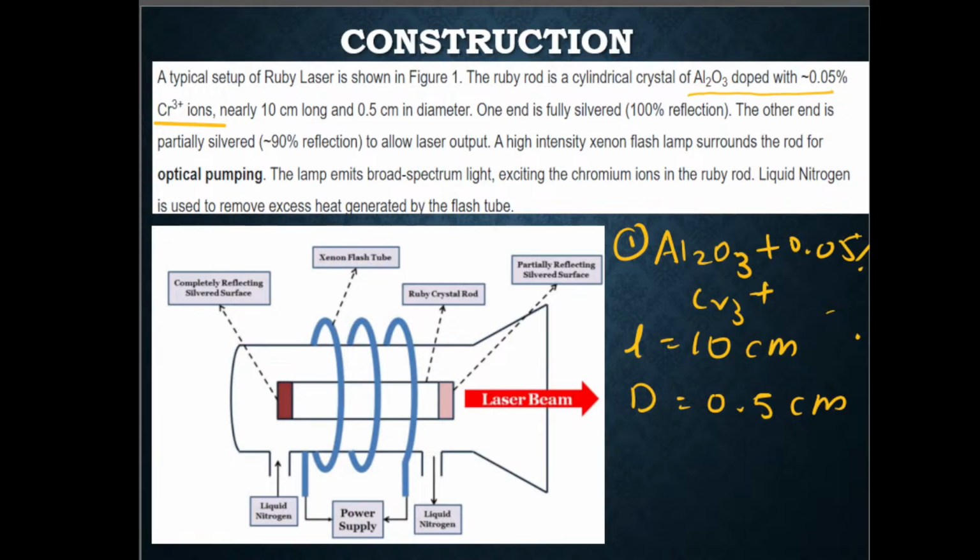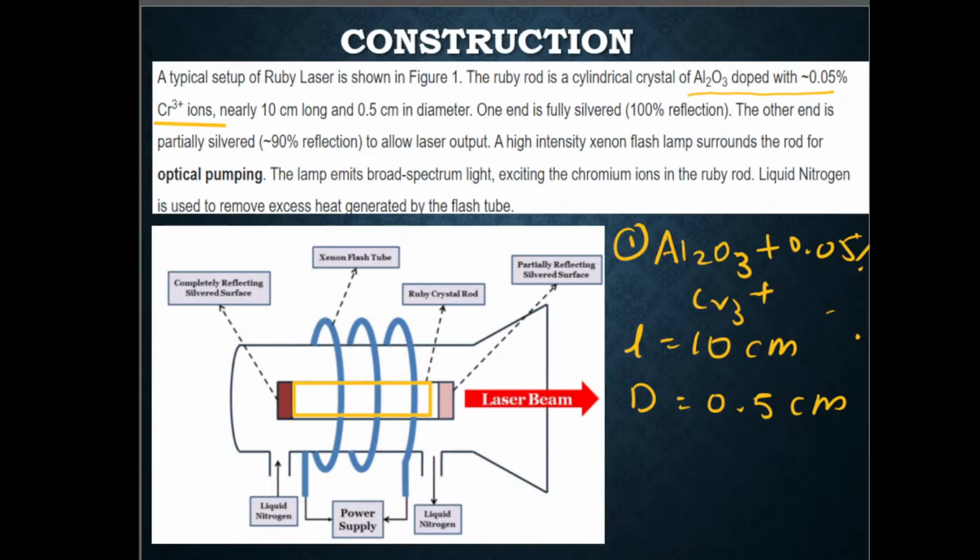3 lines, though you can write it. 3 lines, we are writing it from here. Okay, now look, we used to see that this is a ruby rod and we are explaining it well. Its length is 10 centimeter, diameter is 0.5 centimeter, and it is the composition of aluminium oxide plus 0.05% of